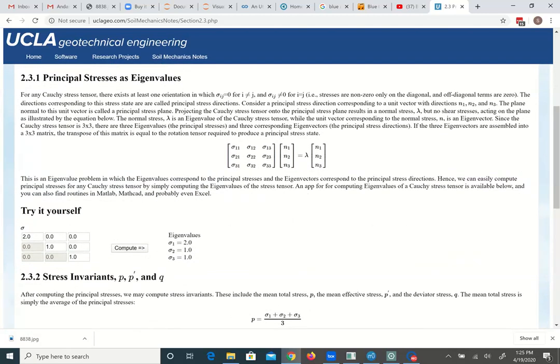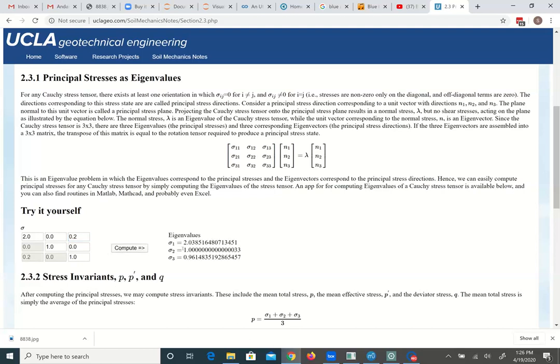We can put in any stress tensor that we want, 2, 1, 1 with zeros on the off-diagonal terms, and we compute. The eigenvalues are just 2, 1, 1, right? We already started with a stress tensor that was in its principal stress directions because there's no numbers on the off-diagonal terms. But if we were to come in here now and add, say, a 0.2 shear stress component,